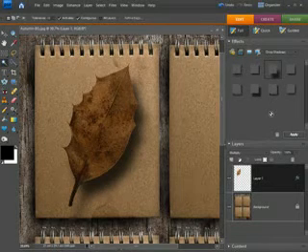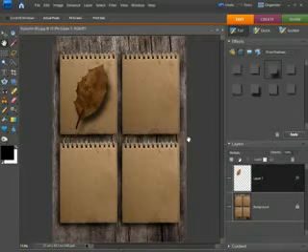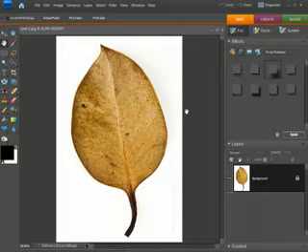Now that may seem like it's quite involved, but you'll find this now stays on that setting, so when we come to do the next leaf, this bit becomes much quicker. Okay, so speaking of the next leaf, let's do it. Let's grab the second leaf along, and I'm going to apply exactly the same technique as we did with the first leaf, but I'm going to do it a little bit quicker just to save some time.